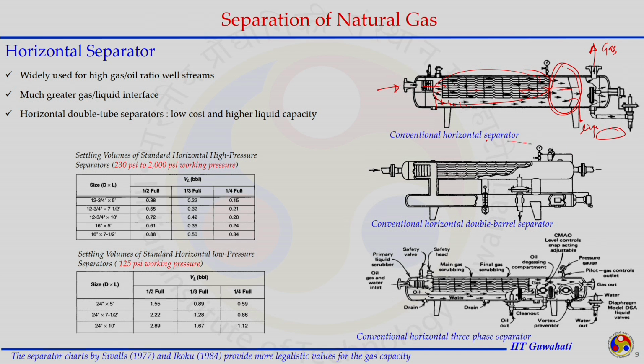That is why the double barrel separator is designed. The first part is similar to what is here, how the gas and liquid are getting separated. The inlet is here, and gas and liquid are getting separated here. Gas is going only in this region and we are getting the gas out from here, while the liquid, wherever it falls, goes down to the bottom section of the separator and can be separated from the bottom part.